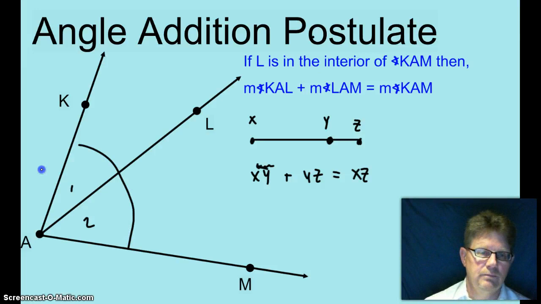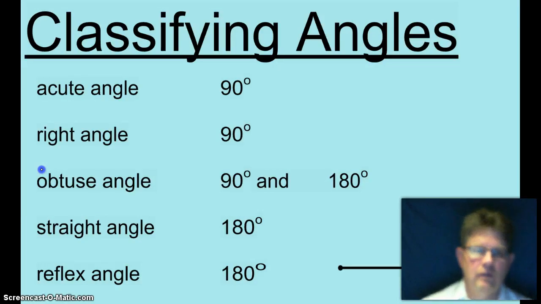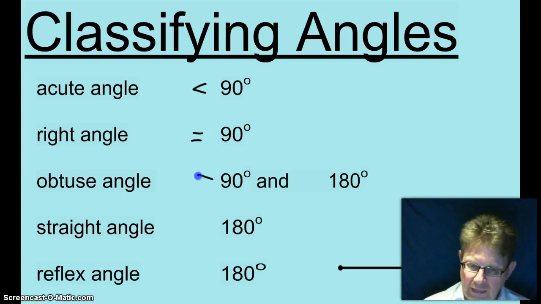Let's move along. Classifying angles. An acute angle is less than 90 degrees. A right angle equals 90 degrees. An obtuse angle is greater than 90 and less than 180. A straight angle equals 180 degrees. And a reflex angle is greater than